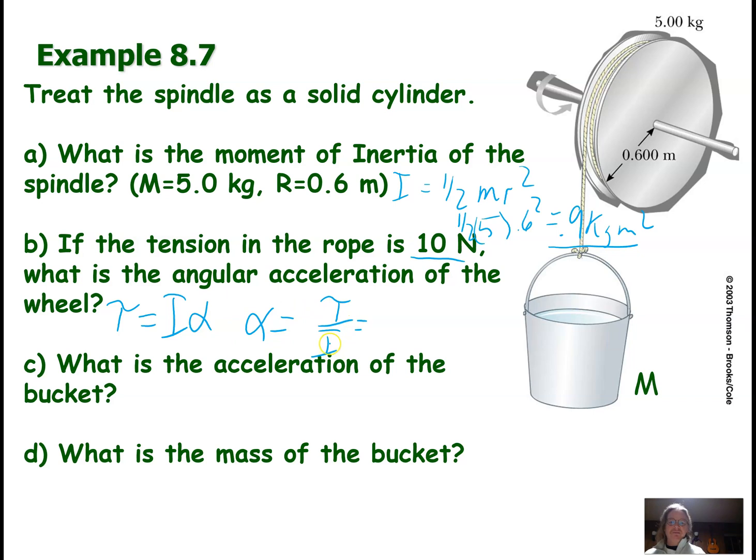The moment of inertia we found is 0.9 kilogram meter squared. The torque is the 10 newtons times the radius of 0.6. So 10 times 0.6 is 6. If I take 6 divided by 0.9, boom, that's 6.666666, or 6.67